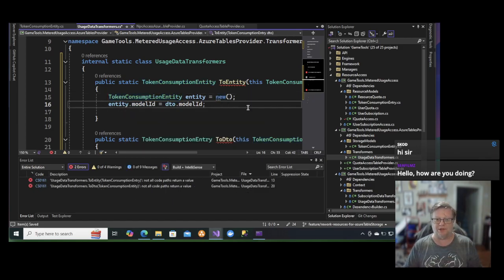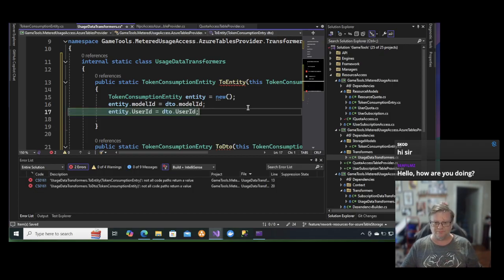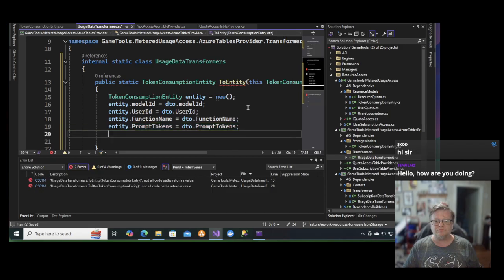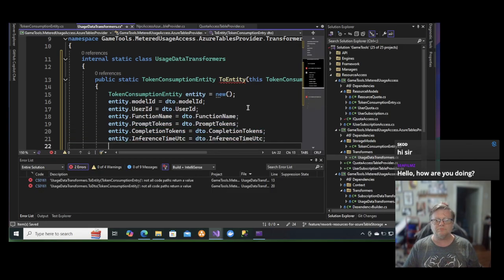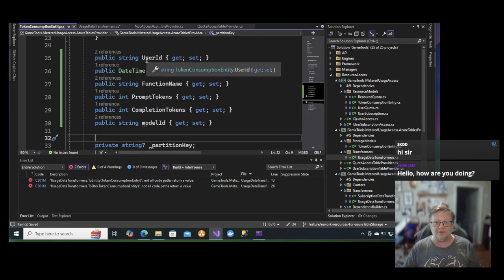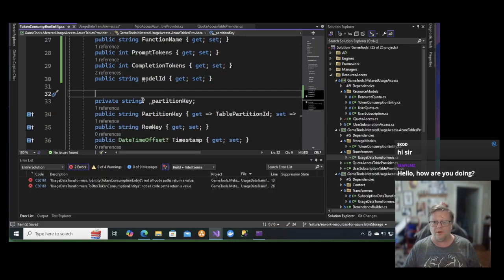Okay, that's done complaining. And we've got 1, 2, 3, 4, 5, 6 properties being set. We've got 6 properties we care about. Partition key gets set automatically. Row key